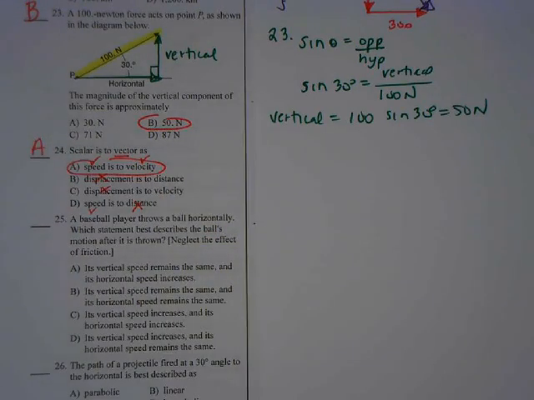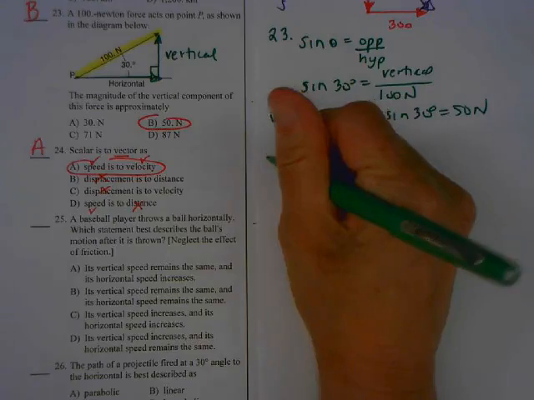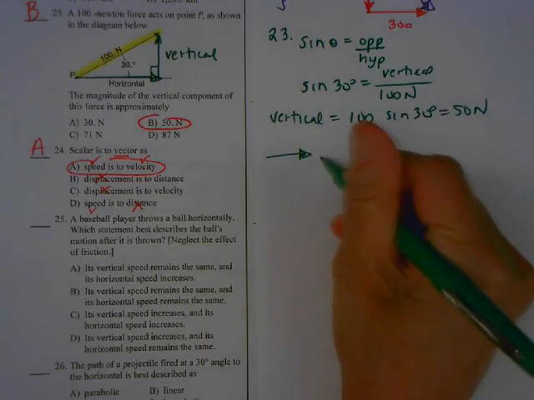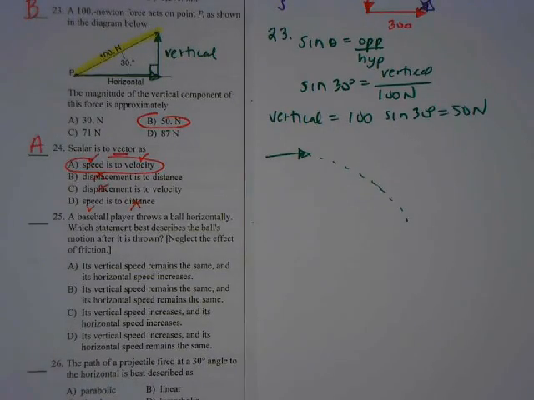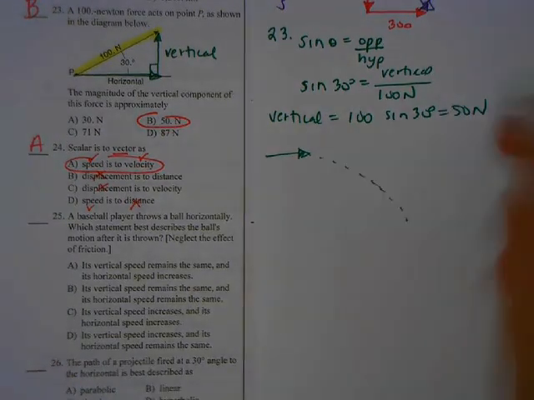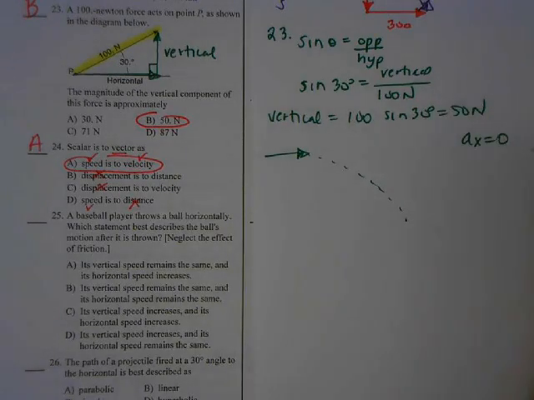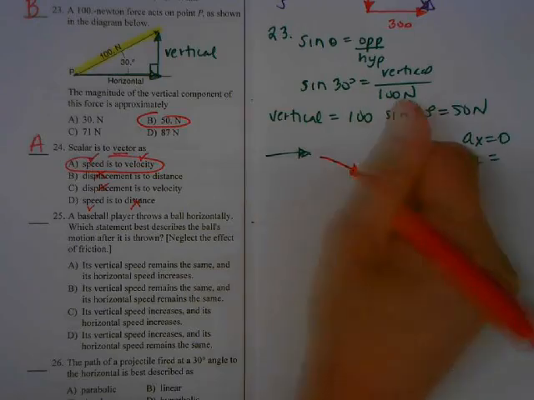25. A baseball player throws a ball horizontally. Which statement best describes the ball's motion after it's thrown? So if the ball is being thrown horizontally, like this, it's going to end up going like that. We know that the horizontal, we know that a_x is 0. There's no horizontal acceleration. The only acceleration acting on this is the acceleration due to gravity. So as the ball goes down, and it looks like this,